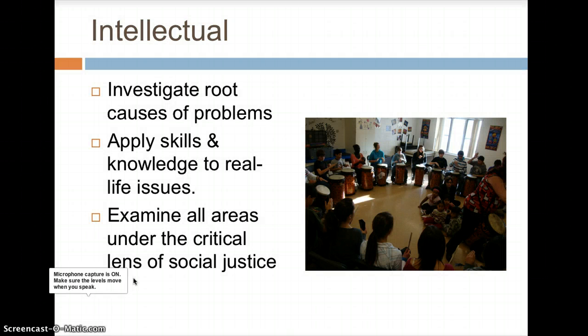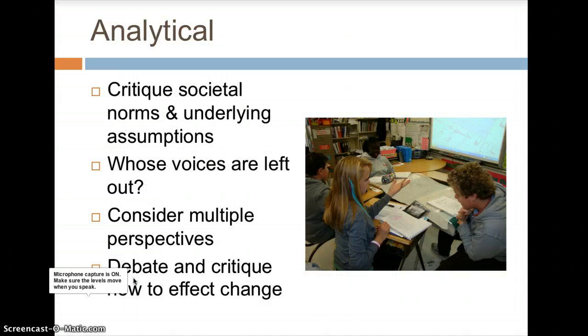With the intellectual principle, students delve into challenging content as they apply skills and knowledge of curriculum to real life. Different subject areas can benefit from critical investigation from a social justice lens. As students critique societal norms and underlying assumptions in the analytical principle, they consider whose voices are left out. This means engaging in discussion or debate, questioning, and then exploring ways to affect change.